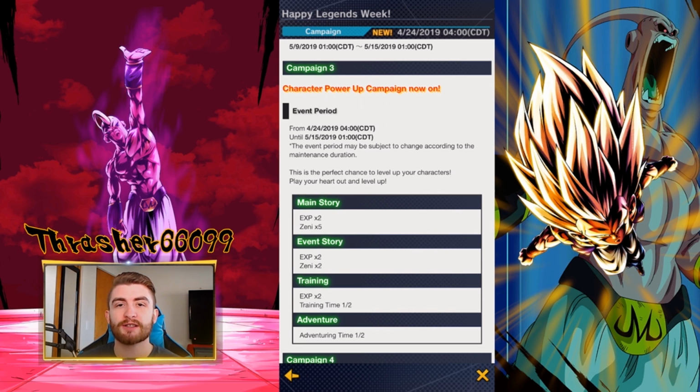Not a huge thing, but it does save you a few seconds, and it's nice. And then the last one is adventure time is cut in half. Make sure to get lots of your adventures done. One of the key missions is doing 150 adventures, so you want to get as many of those done as